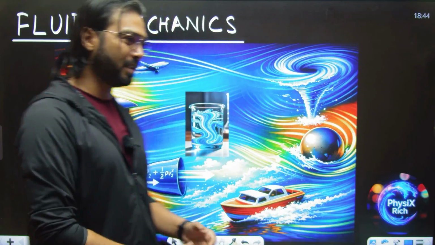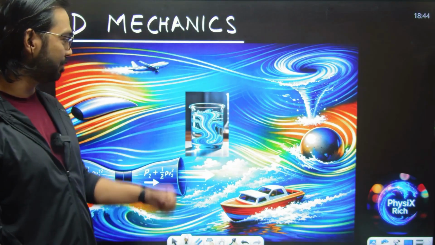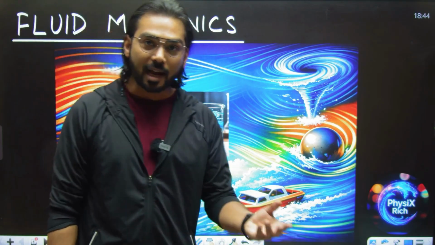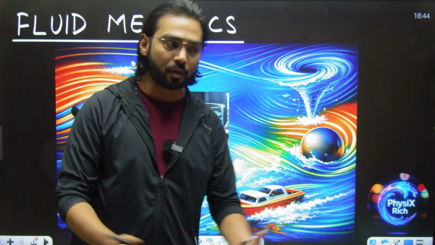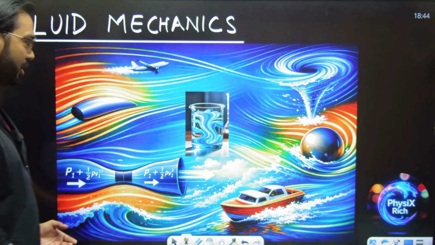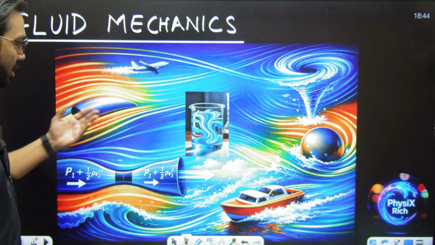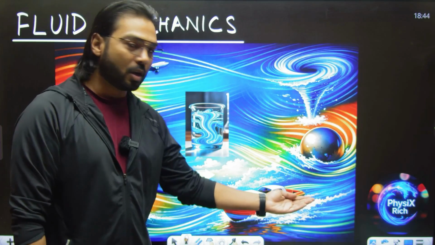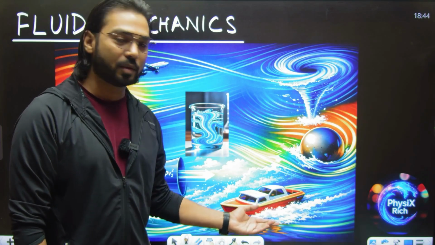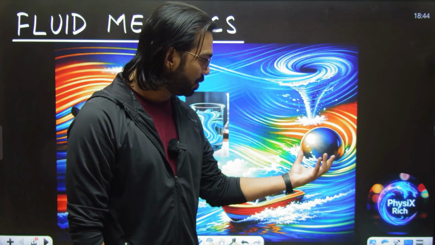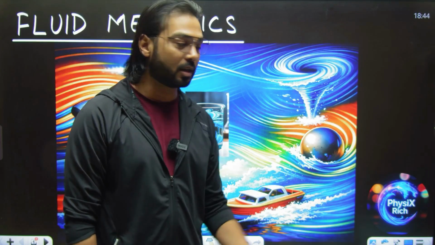Guys, behind me, you can see a beautiful rendition of everything that you will study in fluid mechanics. You can see some static fluids over here. Fluid statics is going to be our first subtopic in fluid mechanics. You can see the Bernoulli's equation written over here. That will be the next thing. This is the aerofoil. This is an airplane flying which uses the concept of aerofoil. And you can see a boat rowing on the surface of the water, which also tells us about viscosity, and this nice beautiful sphere which is kept on the surface of water because of surface tension. So these are all the topics that will be covered in the chapter of fluid dynamics, and each of these